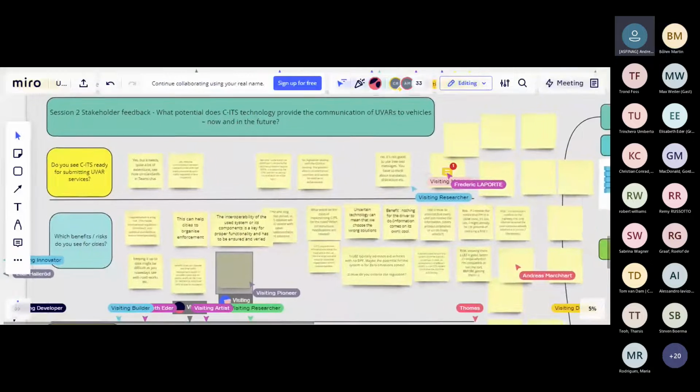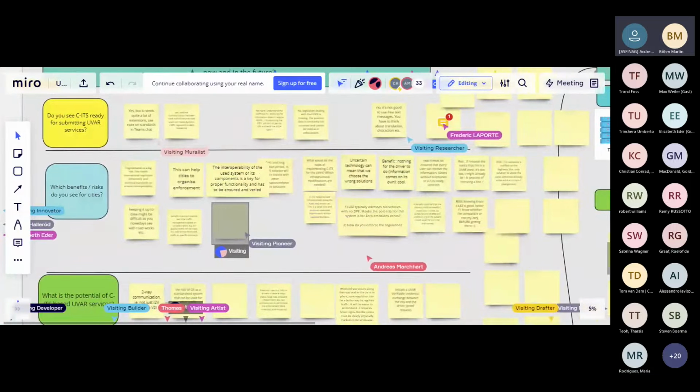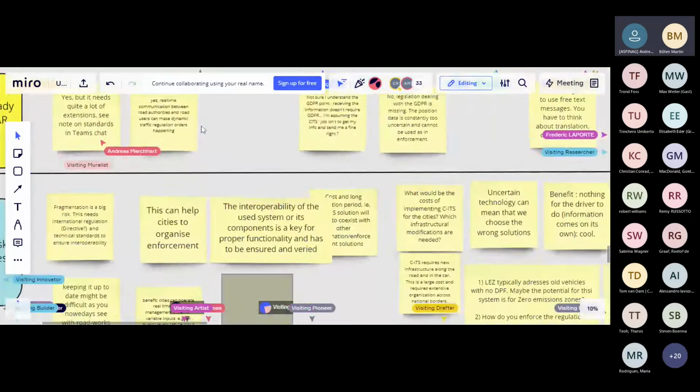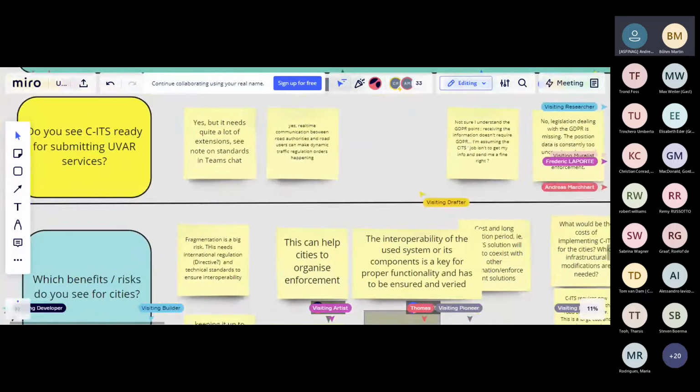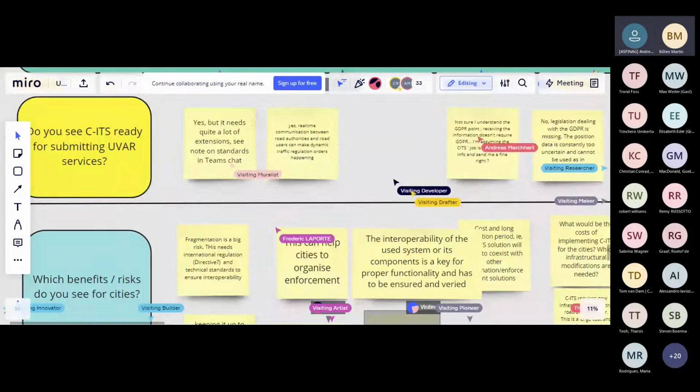Okay, I think I will go a little bit through what we have so far. Do you see C-ITS ready for submitting UVAR services? Here I see mainly three elements. On the one hand, the yes, but it needs quite a lot of extensions. See note on standards in Teams chat. Thank you very much,